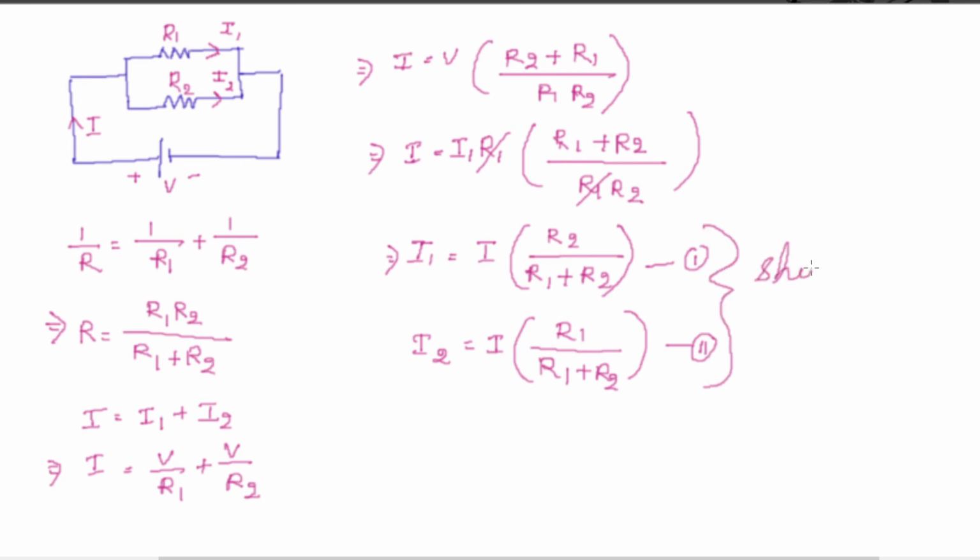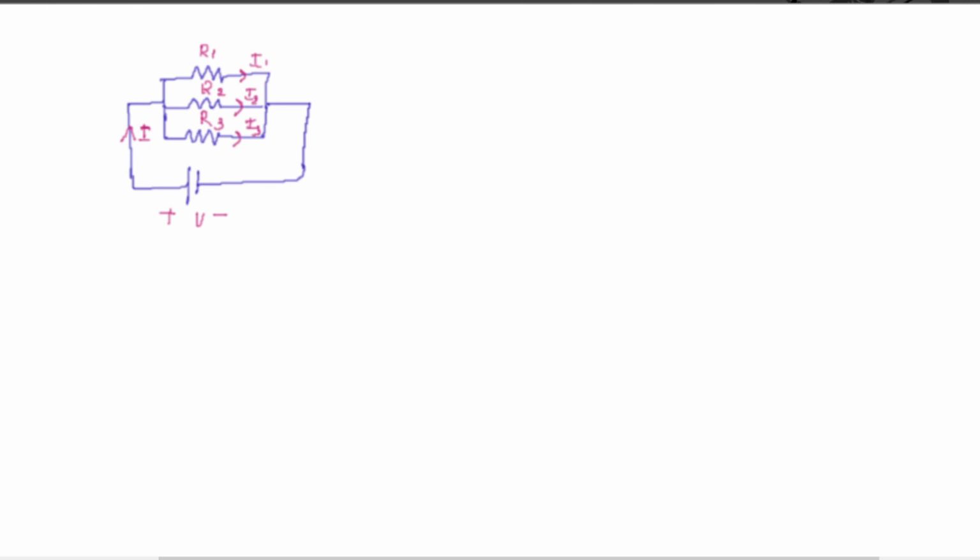Now we can determine the power loss in the circuit, right? Let's consider the circuit with three branches. P is equal to P1 plus P2 plus P3. In each resistor, the current flowing is different, although the voltage is the same. Since the current is different, the power value will also be different across each resistor.